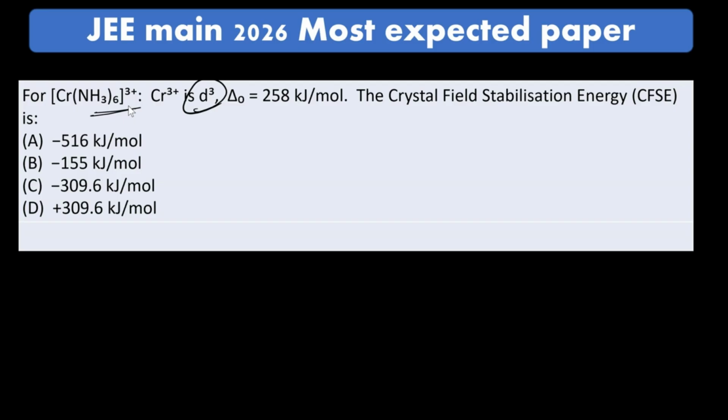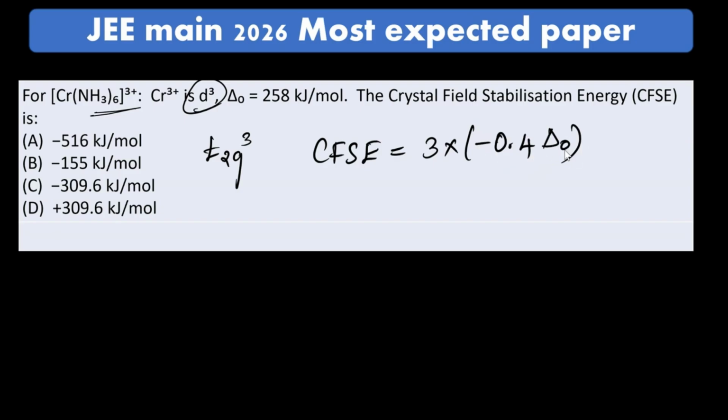Structure is octahedral. So obviously that is t2g3, right? So the CFSE will become 3 into minus 0.4 Δ octahedral. In eg I don't have any, so 0 into 0.6. So which will be minus 1.2 Δ octahedral. They have given Δ octahedral equal to this much. So what we can do, 1.2 into 258, and you will get the answer, which is minus